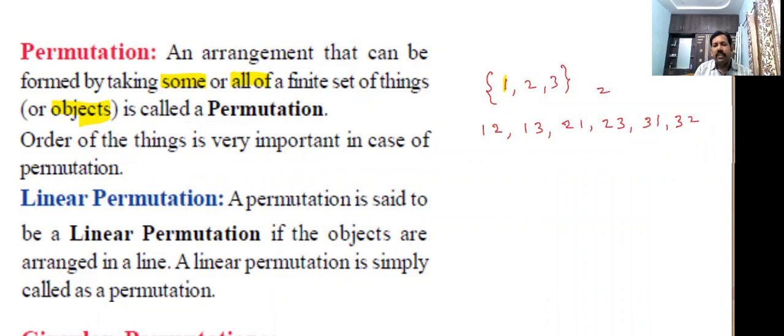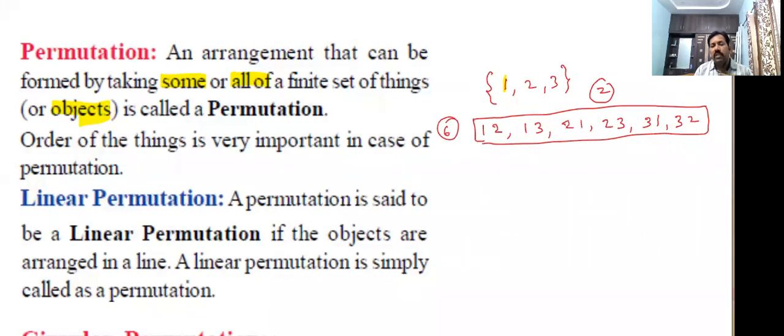Out of three digits, I have taken some, that means two digits. I have not taken all the digits. So how many ways are possible? There are 6 different two-digit numbers. Now, I am taking all the digits. That means I want to form three-digit numbers. How many ways are possible? See,